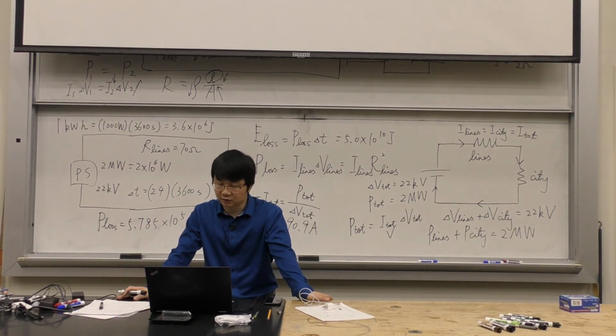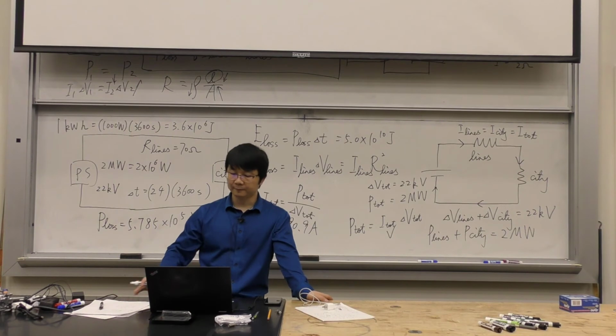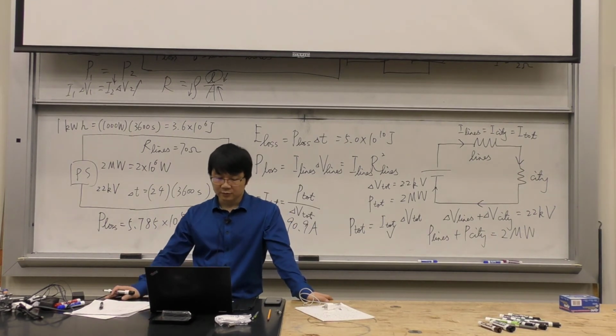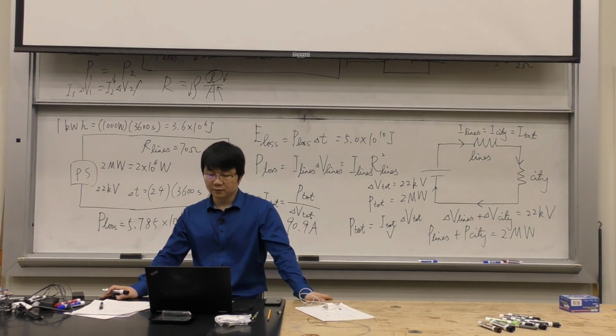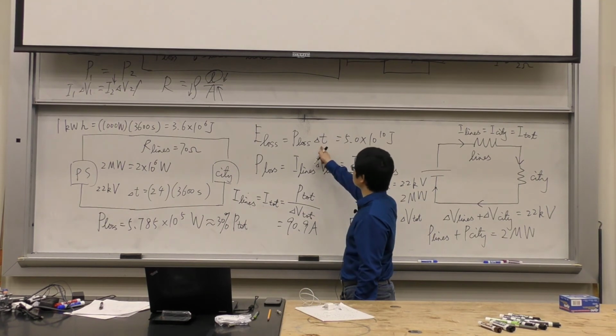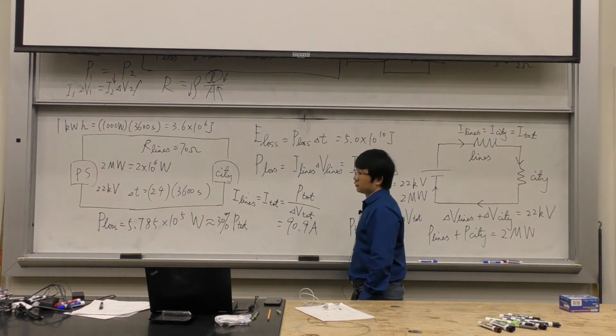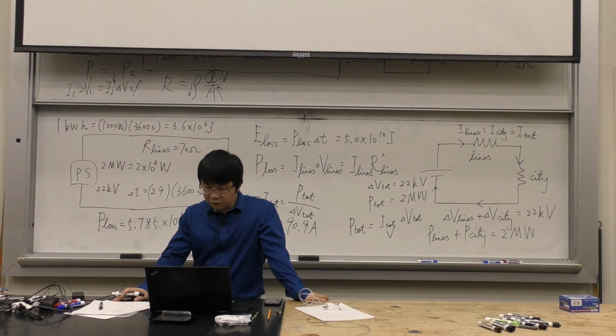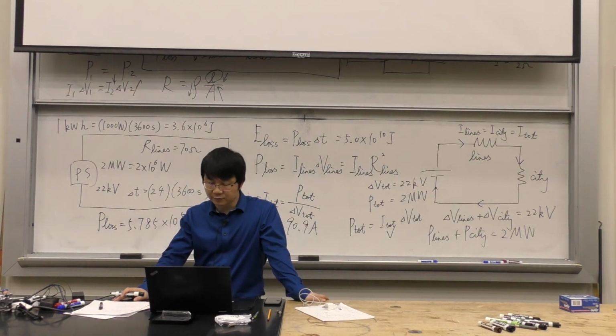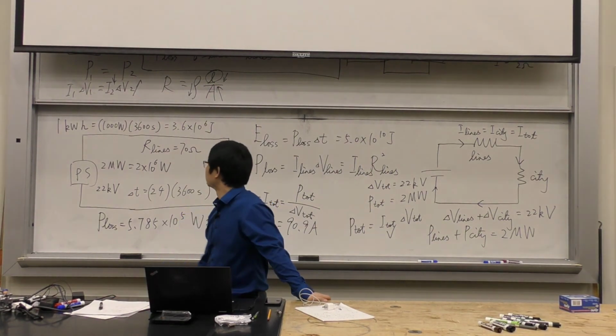So you're going to see the cost is usually less than $1 for 1 kilowatt hour, okay? And then it lists the kilowatt hours you use every month. So that's how they charge us, okay? Now the next part. I want you to estimate the cost of the energy wasted in the wires in 1 day. So I want you to calculate how much this costs, okay? So if the energy costs are about 11 cents per kilowatt hour,